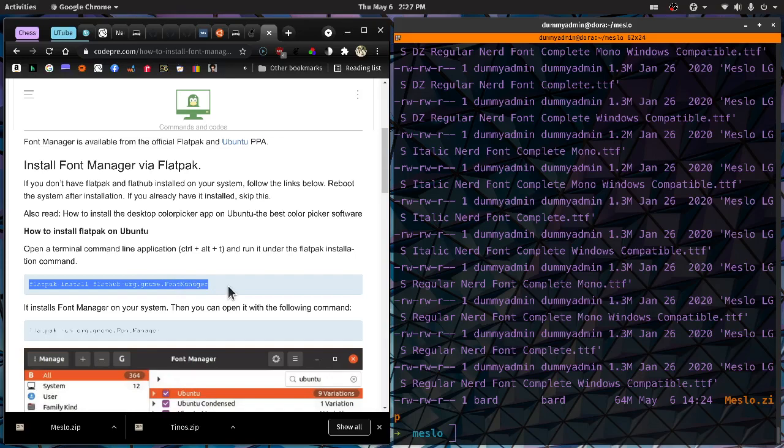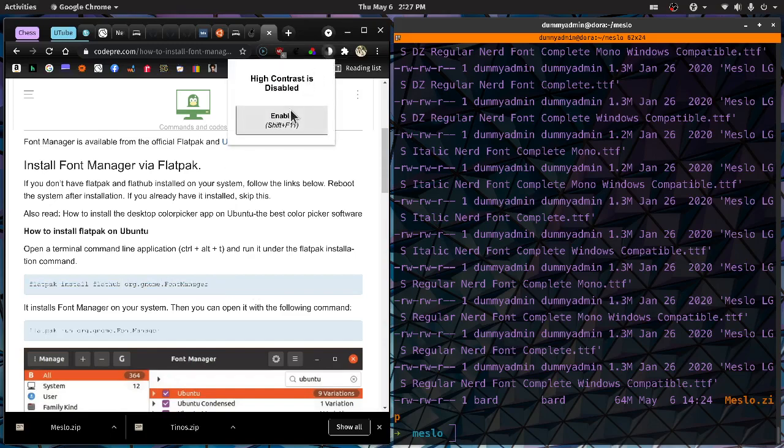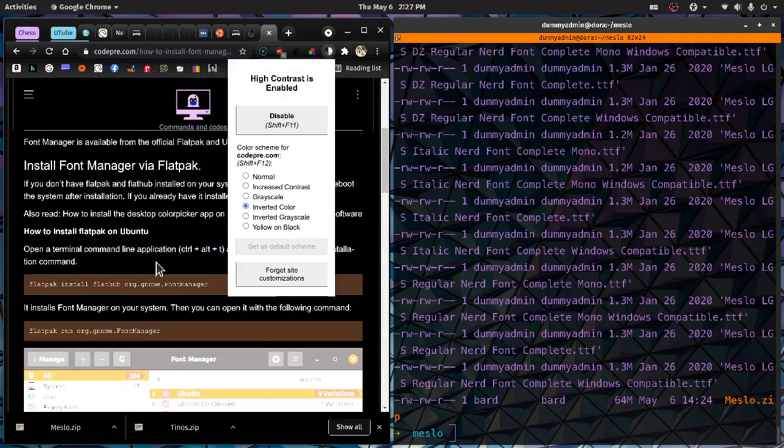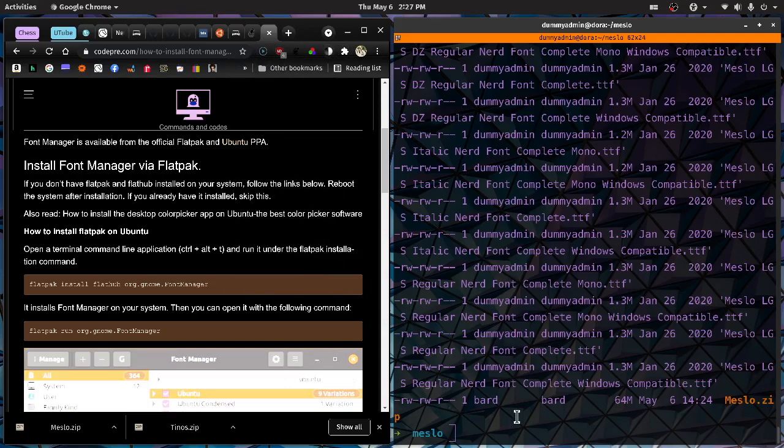Using Flatpak. Alright, so I can barely see this. I don't know if you have trouble seeing it. Let's put high contrast on here. Flatpak install flathub org.gnome.font manager. Alright, and then once you have font manager in here, then you should be able to do a